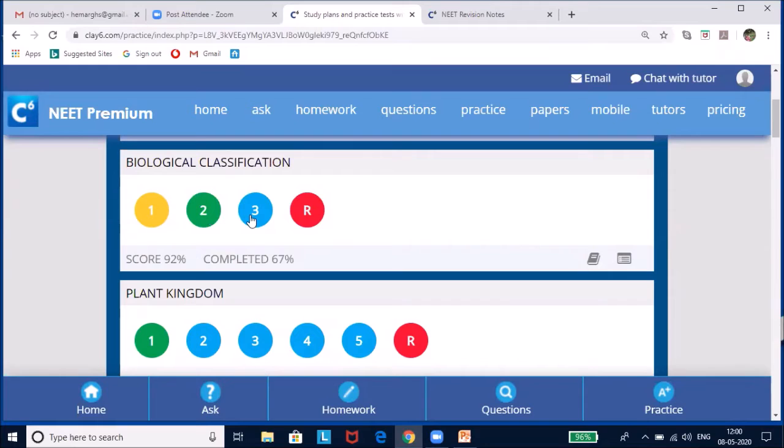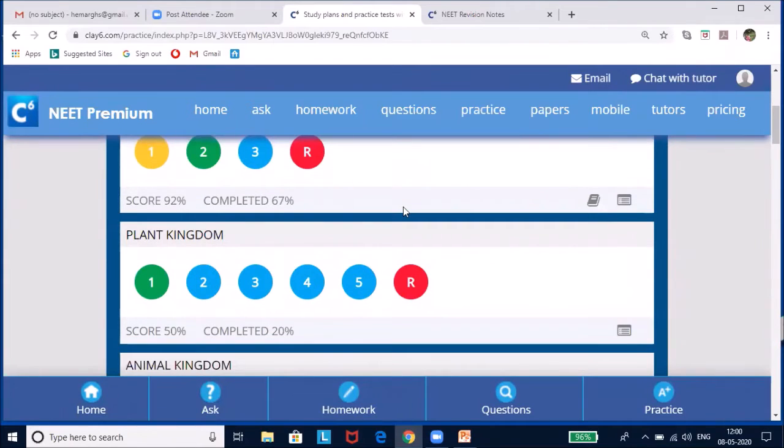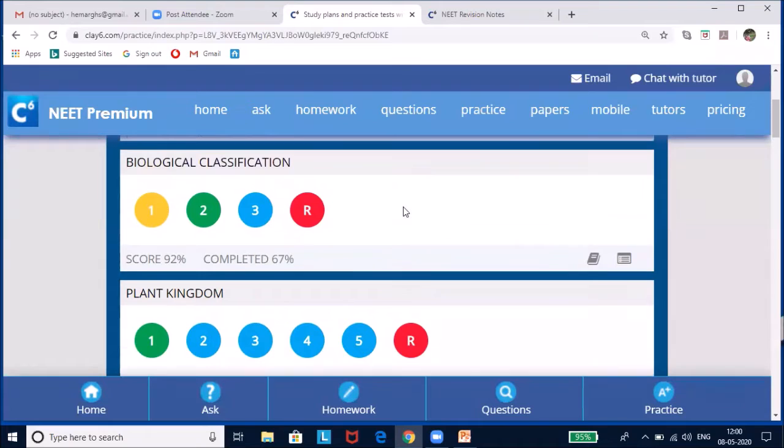And the blue test is also to be taken. It shows that I have not completed the test, and the blue bubble shows that I have yet to take the test, and this is a random test. Suppose you want to see the different levels of difficulty and random, concept-wise tests, then you can click this test. I'm going to get back to this later.